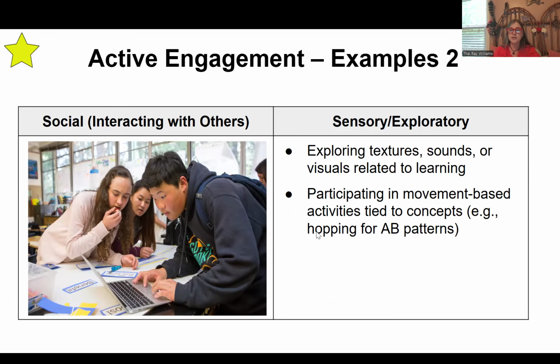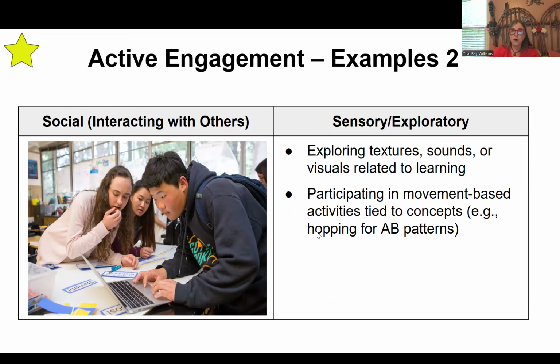All right, the last one is sensory or exploratory active engagement. And this is when students, again, are engaging with or exploring different sounds, different textures. They have visuals that they're engaging with that are supporting their learning, or they could be engaged in some kind of a movement-based activity that is directly tied to what you're teaching. Something like hopping with an ABA pattern. So it could be hop out, hop in, hop out, hop in, and that would be A, B, A, B,